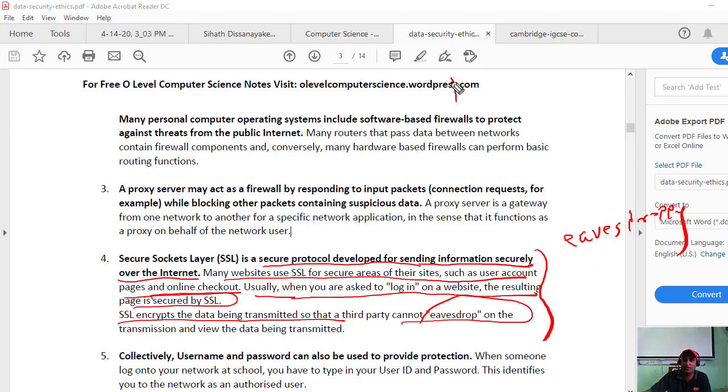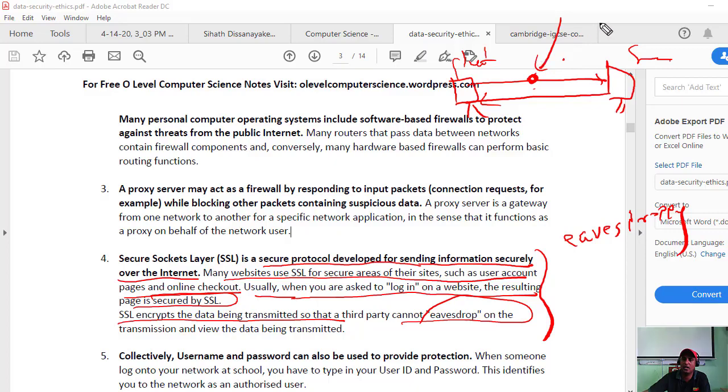Eavesdropping means you have a two-way connection. This is the client, and you are accessing the server. But in the middle, a hacker, the man in the middle, MID, will hack your network and stay hidden, trying to eavesdrop on whatever important data or bank credit card information goes through.